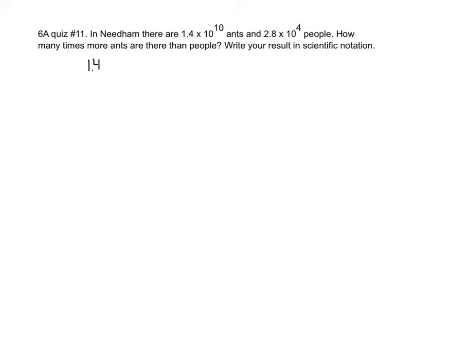So we can take 1.4 times 10 to the 10th ants, and we can divide that by 2.8 times 10 to the 4th people. We want to see how many times the number of people goes into the number of ants. And as a fraction, I can rewrite that as the product of two fractions, 1.4 divided by 2.8 times 10 to the 10th over 10 to the 4th. And that's because to multiply fractions, you multiply the tops and multiply the bottoms, so I can break it apart